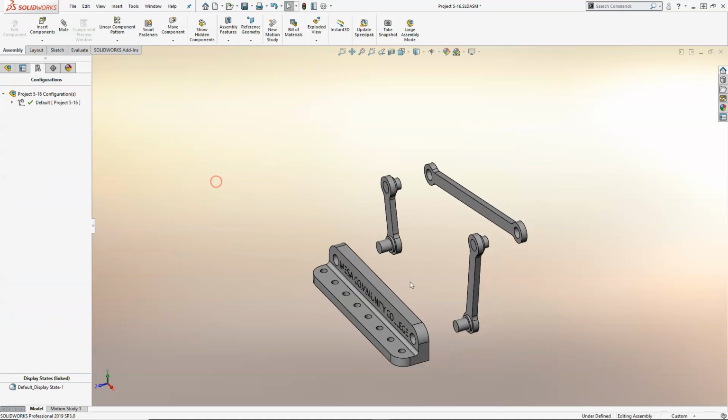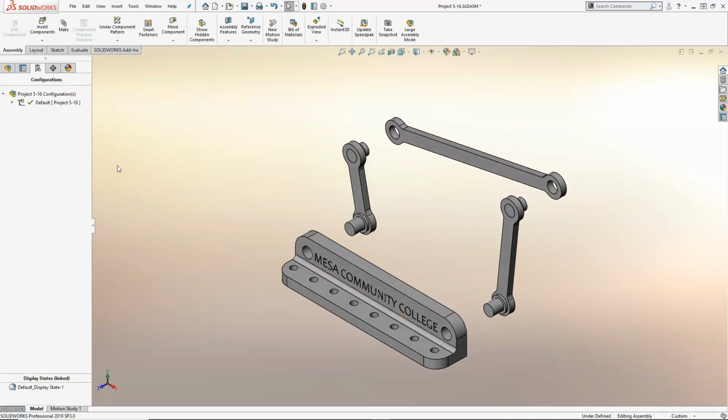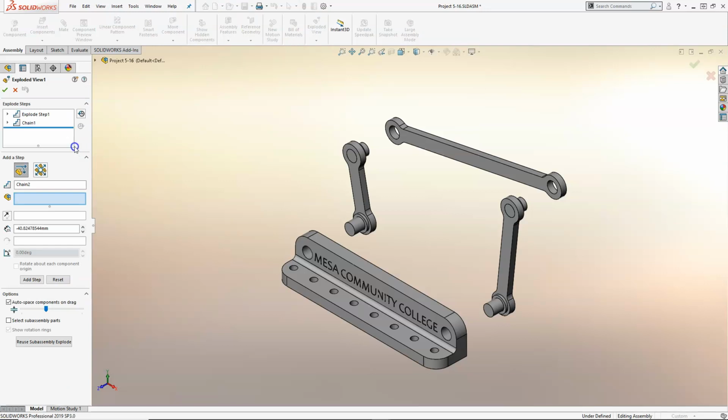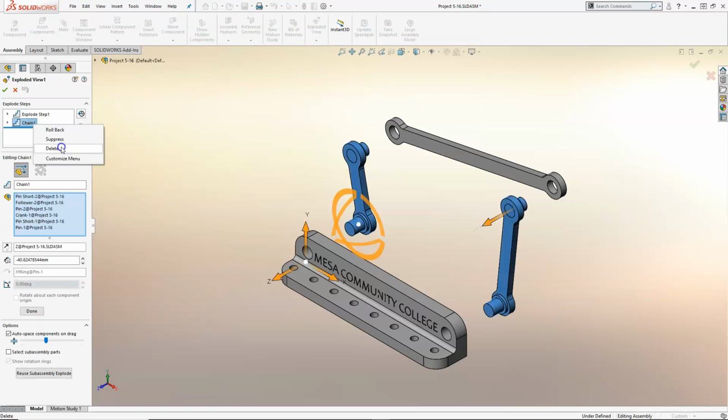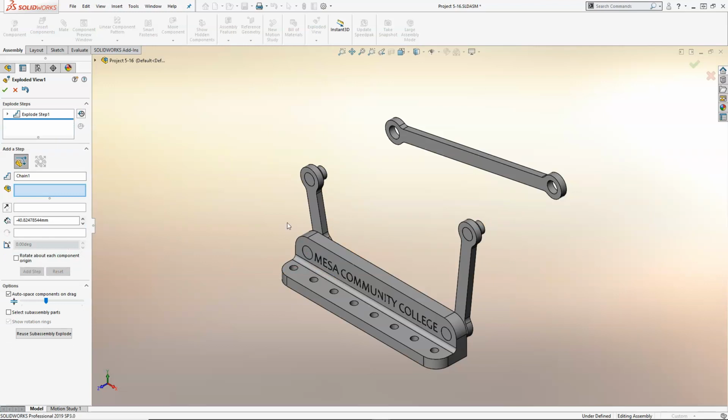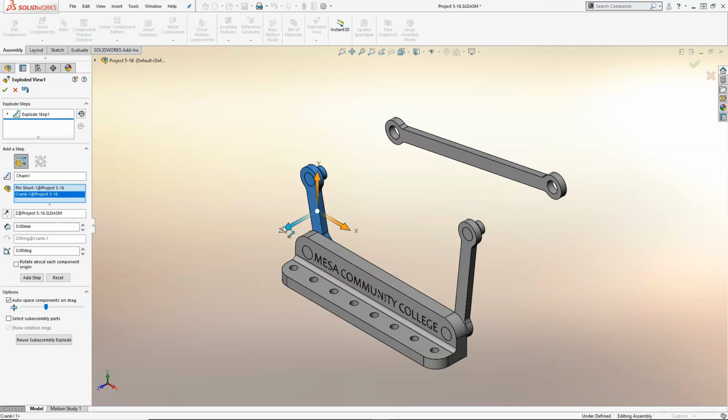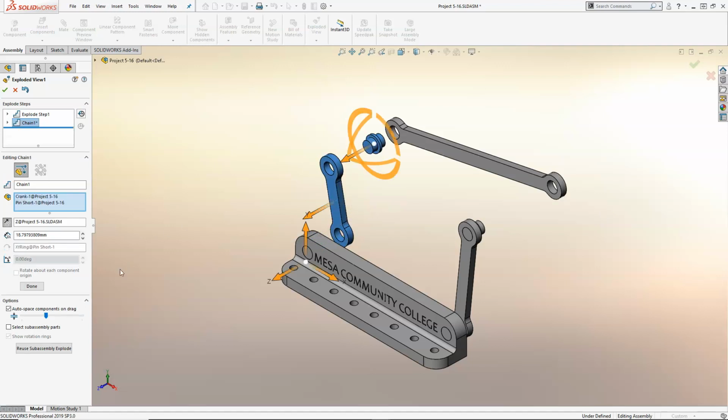All right, so if I accept it, well, it came out as a group. If I accept it, that gets me out of the exploded view, and I can right-click on the exploded view. Everything's a feature practically, so we can go ahead and edit the feature. I'm just going to go ahead and pull that back out, and maybe we'll try 2 elements and get it to work. Make sure that my selections are okay. All right, so that's looking pretty good. I'm not sure why it wouldn't do it as a group, but as we drag the slider and then increase our value,